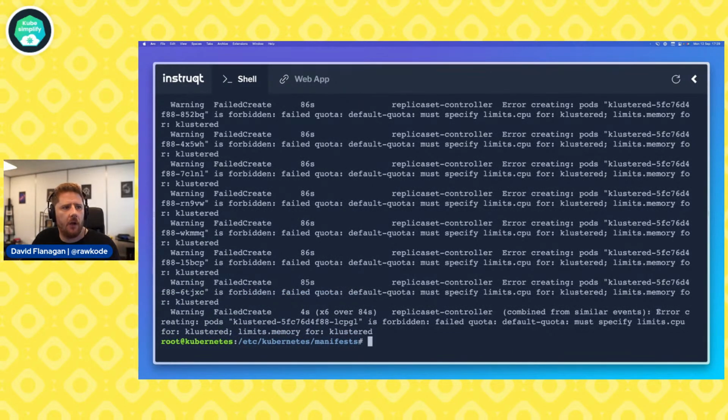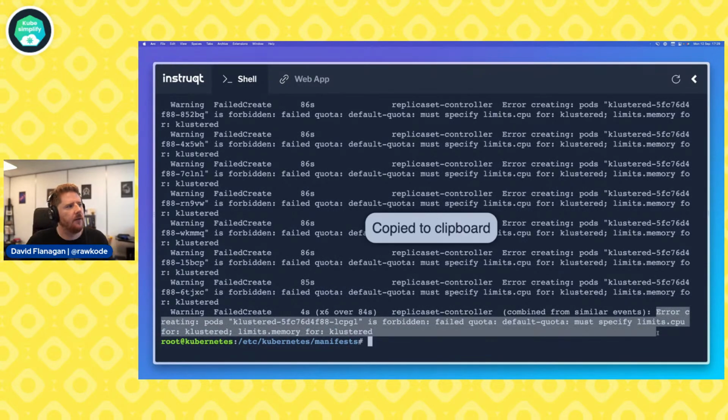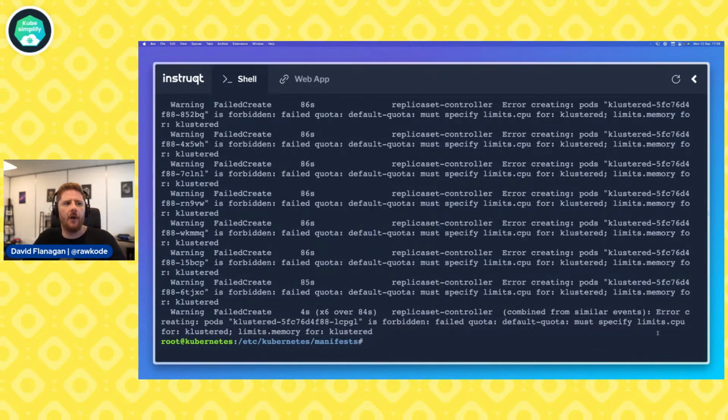Okay. Now we have a new error message. So our replica set controller can't create any pods because we have something called a default quota, which is telling us that we can't allocate any more memory or CPU for this cluster.